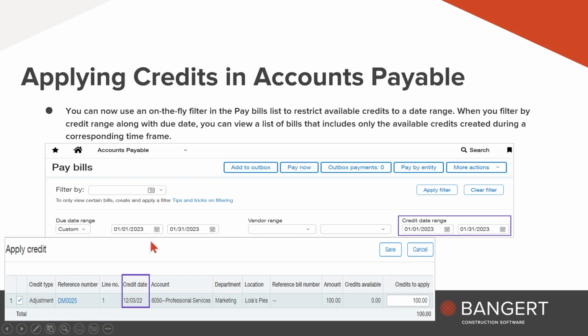Also over here, you have your separate due date range. When you do that, only those specific credits will show up. Then when you're done and you apply the credits, the credit date actually shows up here on the apply credit screen. Okay, so that wasn't really shown before.